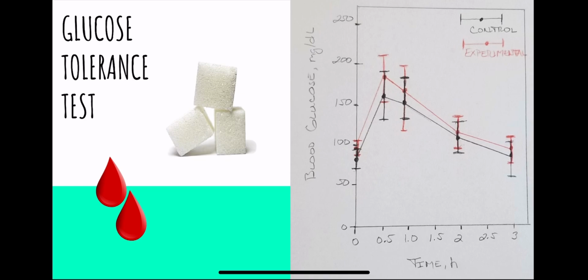This graph contains data for the glucose tolerance test performed on both groups of rats. The data for control rats is in black, while the red represents the experimental rat data. The test was performed over a 3-hour period of time. After administering glucose to the rats, their blood sugar levels were recorded in the time increments shown on the graph. You can see there was a slight elevation in the blood glucose levels of the experimental rats. However, the increase is not statistically significant. It also is a controlled increase, as it rises and falls at the same intervals as the control group.